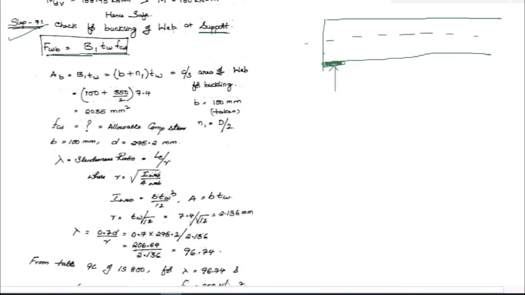Now let us check for buckling of web at support. So this is the formula that we got here. FWB is equal to B1 TW FCD. This is for buckling. So this is how it is going to look. And at the support, this is the bearing plate, and this is the reaction, and this is the centroid, and this is b,